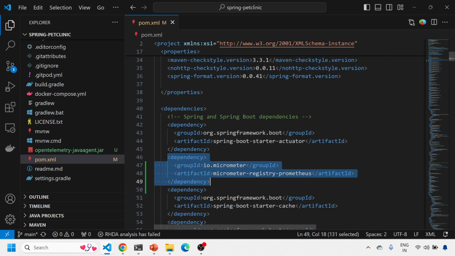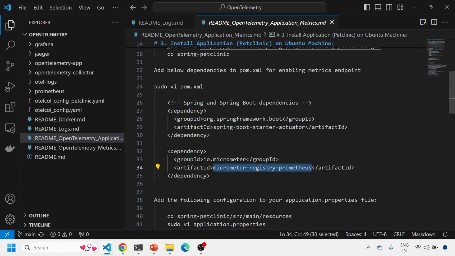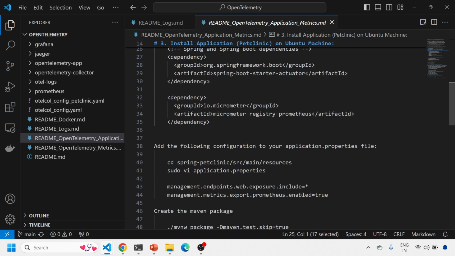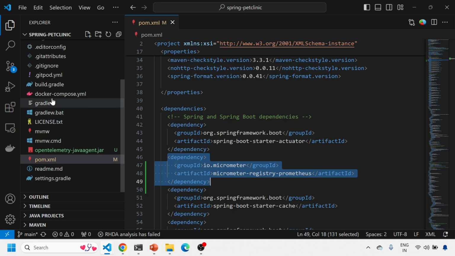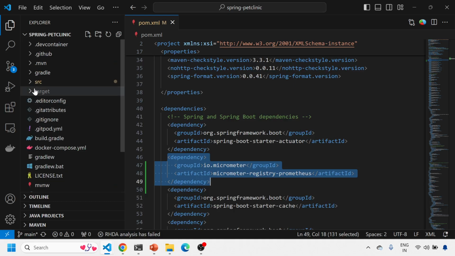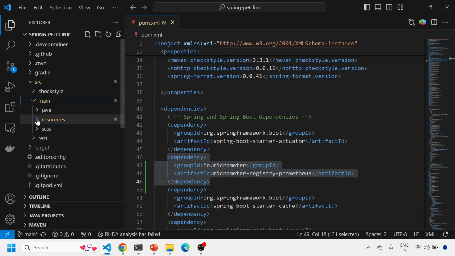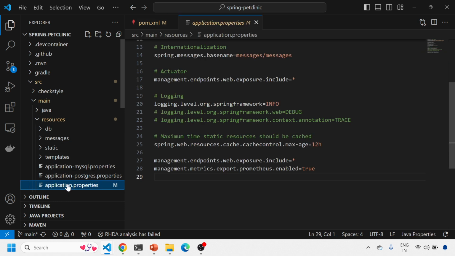If you don't have it, then you can get into this documentation and add it. This is the addition that you need to do in your pom.xml file. And then for enabling the Prometheus endpoint, you need to go to the resources folder, under src, main, and then resources, and then this is an application.properties. We need to add these two lines: